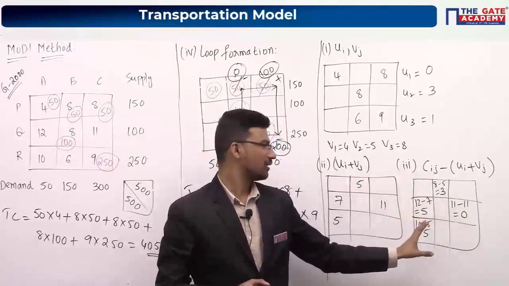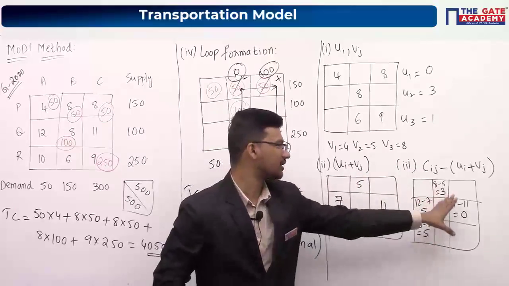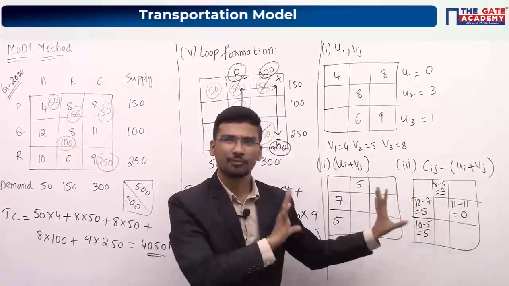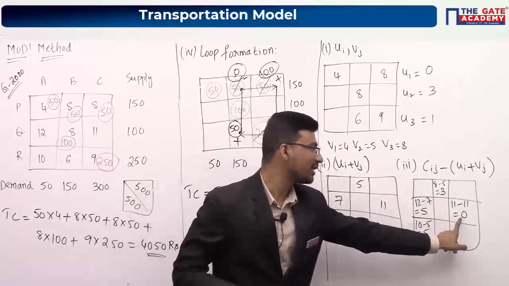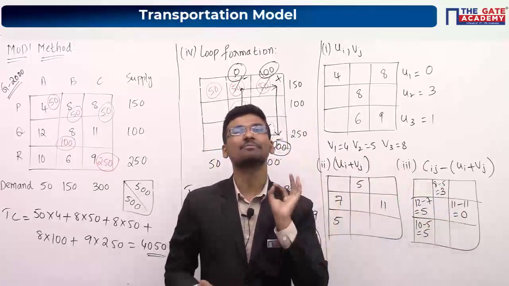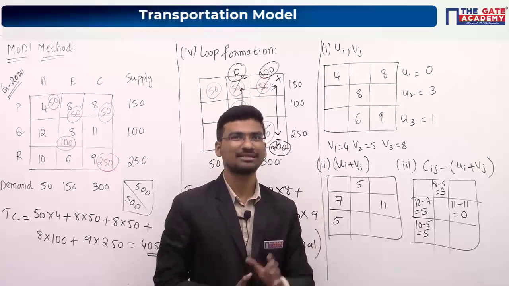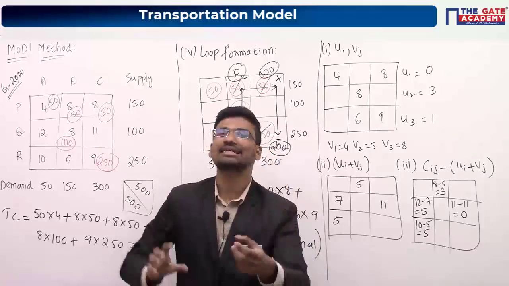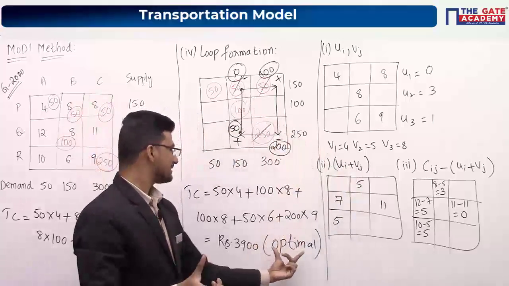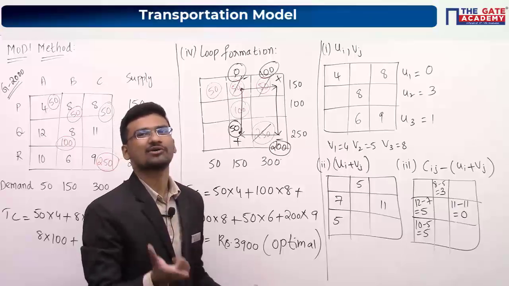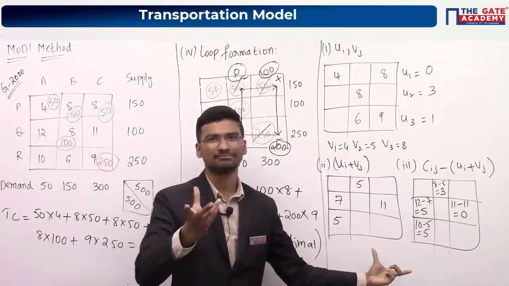So, without any negative values. Negative values should not be there, and here you are not having any negative values. It is an optimal solution. Definitely we can say it is an optimal solution. But this 0 indicates that you are having multiple optimal solutions for this particular transportation problem. That means there exists another set of allocations, from where you will be getting the same total cost, which is 3900. So we can add that point also. Maybe it may be useful.